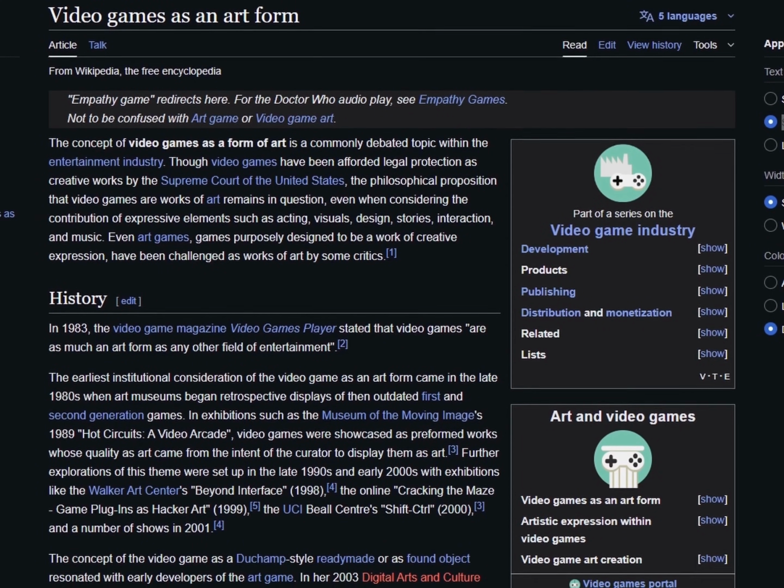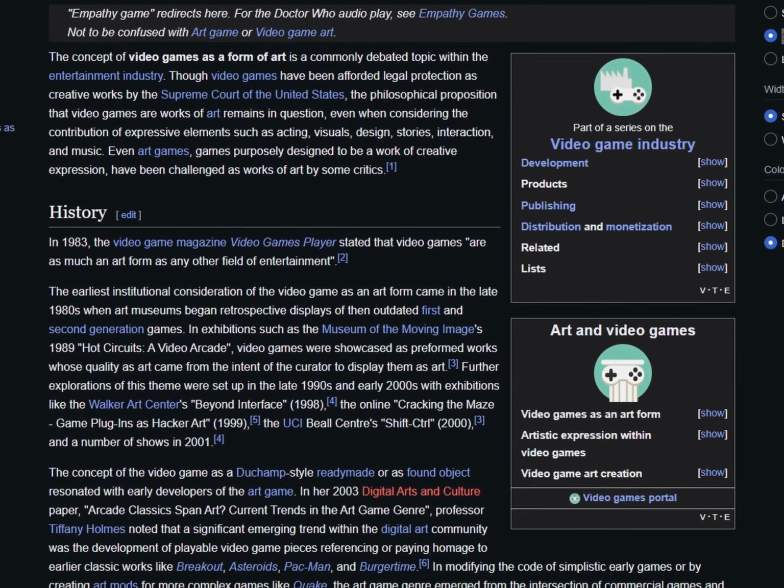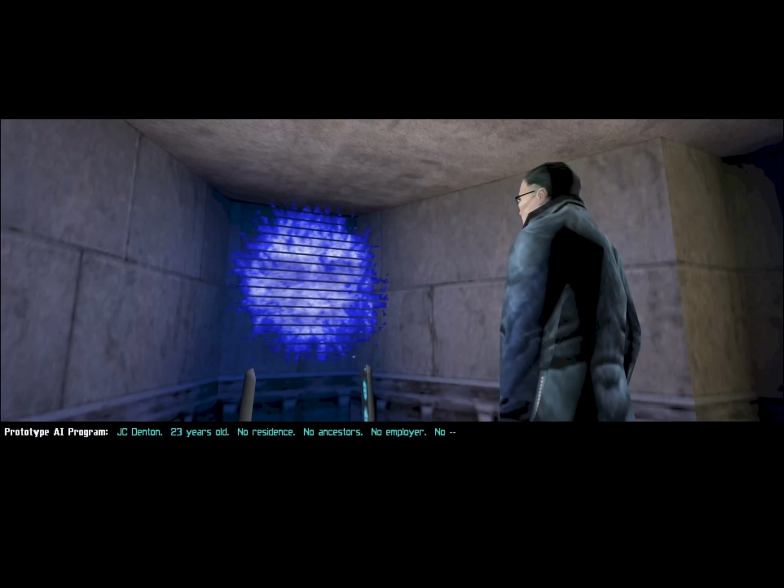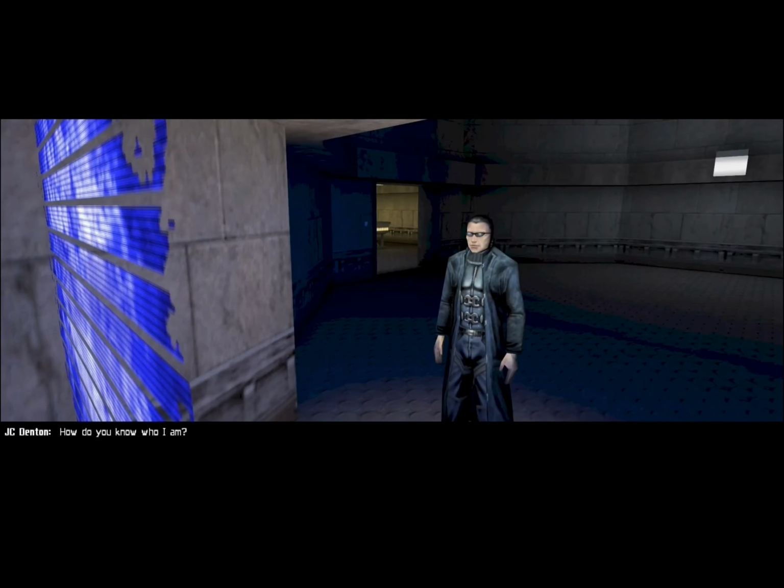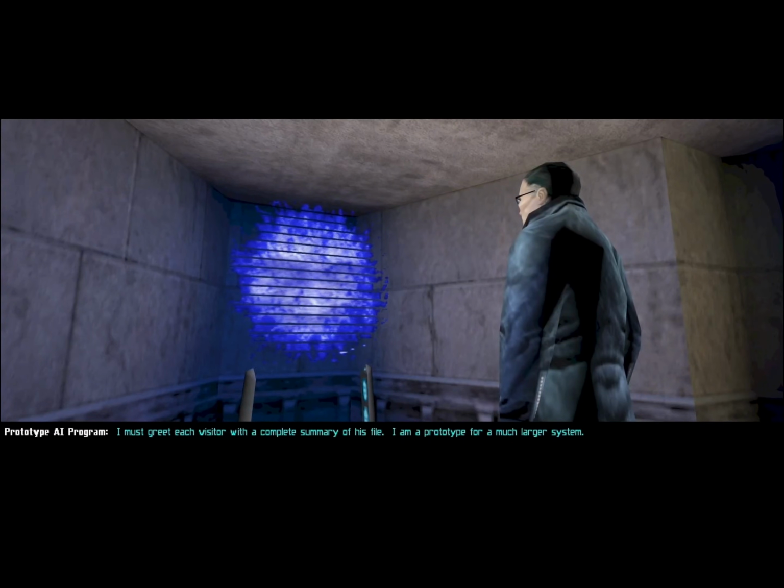There's an ongoing debate, there's been for like 10 years, about whether games can be considered art. And while on the affirmative camp you have games like Deus Ex reminding us why games can be art,